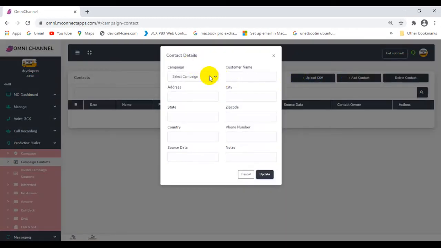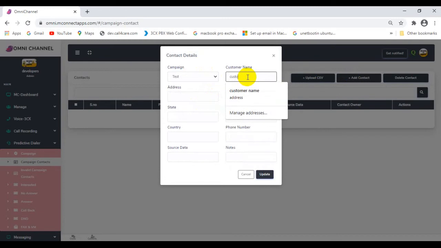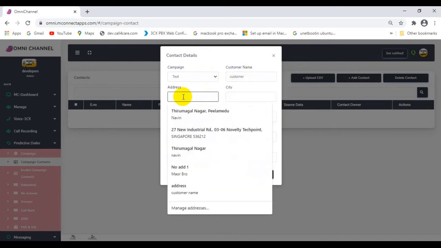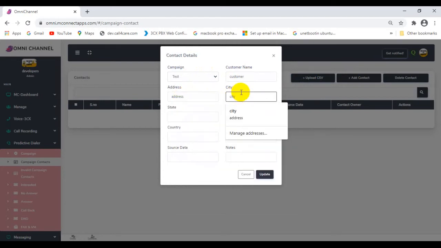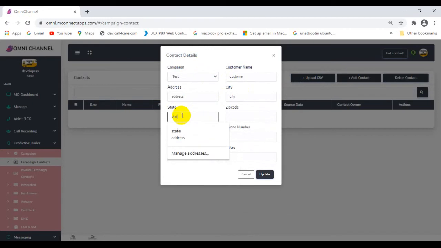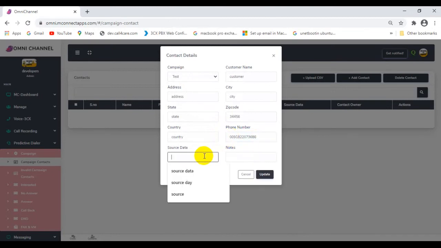In the pop-up I'm selecting a campaign, I'm selecting the campaign test, I'm giving a customer name, and then I'm giving an address, I'm giving the city, I'm giving a state, I'm giving a zip code, I'm giving a country, and I'm giving a phone number, and then I'm giving a source data.